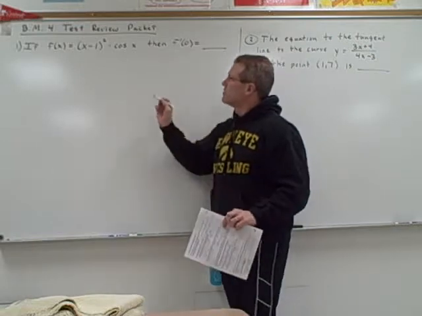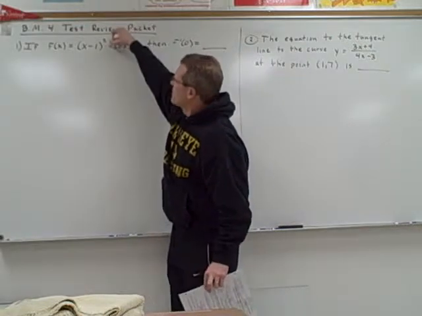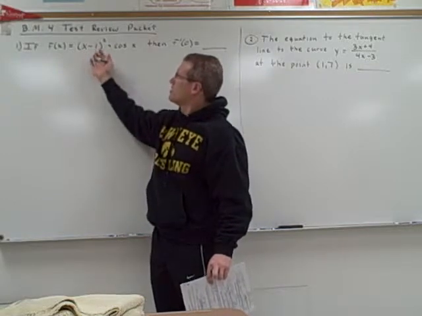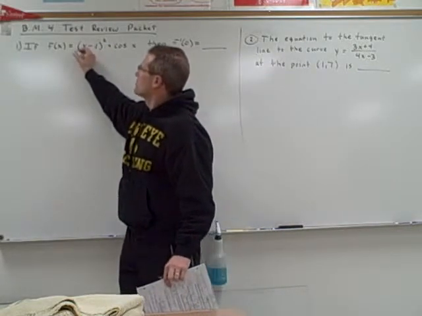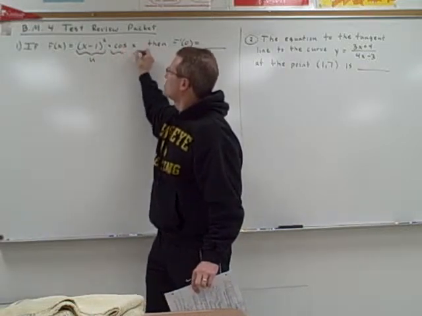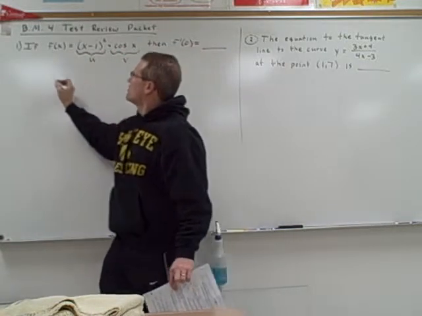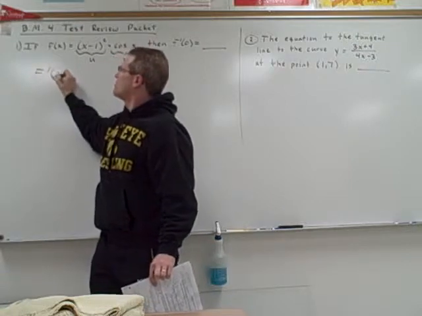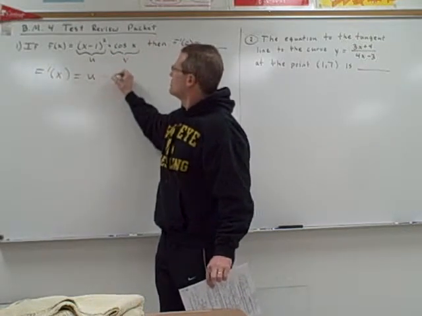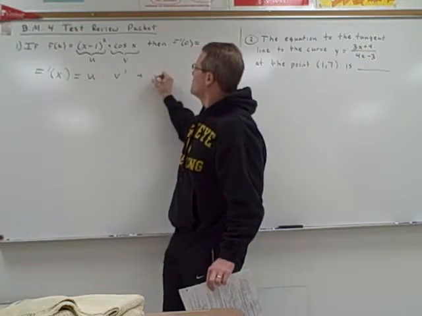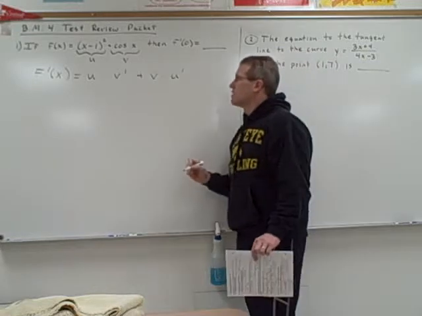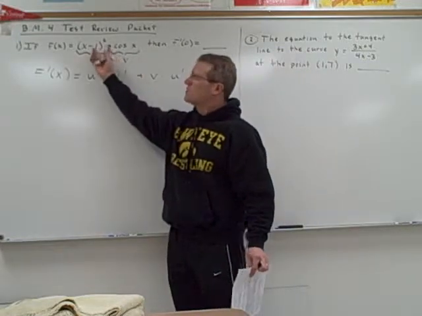In this case, we have multiplication, and to both sides of multiplication I see variable expressions. So I'm going to have to use the product rule here. For example, I might call this expression u, this expression v. So my derivative, f prime of x, will be found using u times v prime plus v times u prime. That's the product rule. Again, the product rule is used anytime you have multiplication and you see variable expressions to